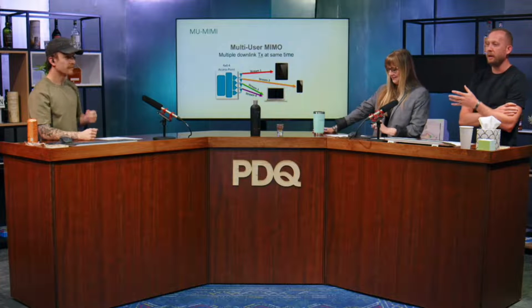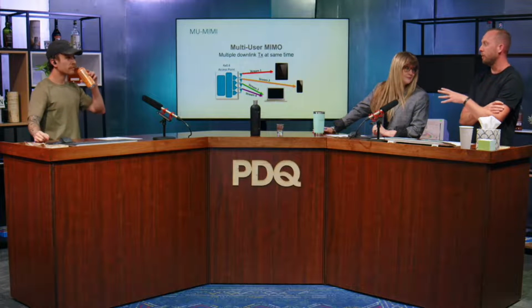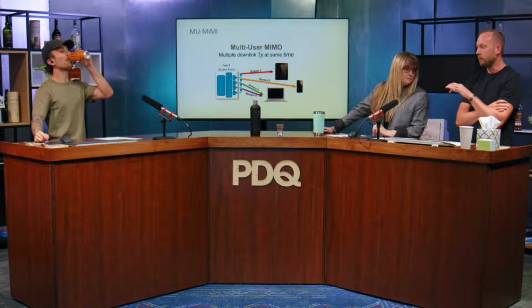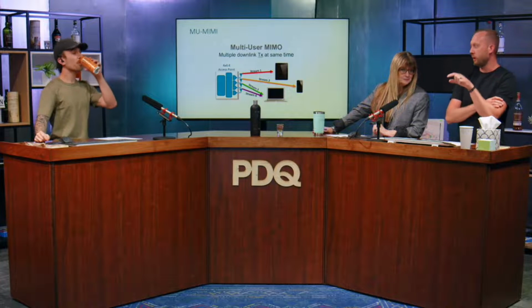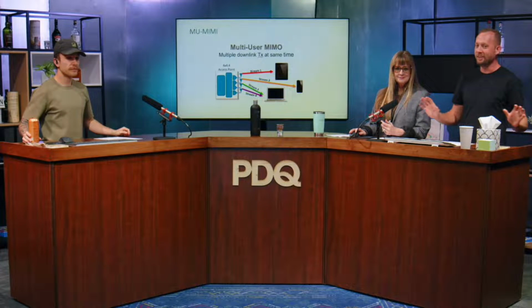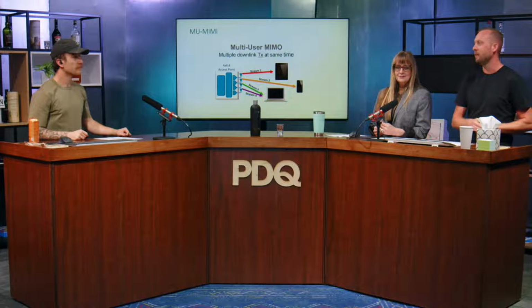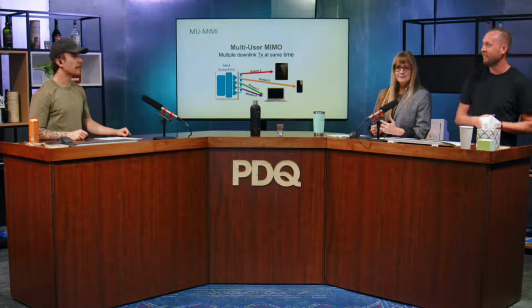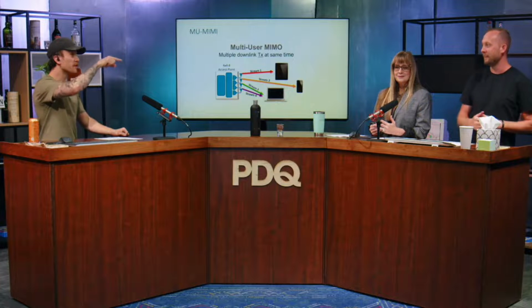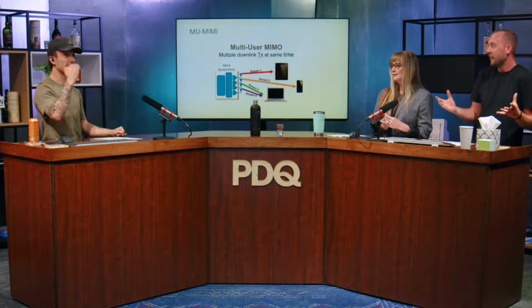So if I'm an 8x8 AP and I have two 4x4 MU-MIMO clients, then I can use all available channels at max channel width to a LAN connection, given ideal circumstances. Maybe I can pull down 9.6 gigabits a second off the backhaul. Introduce another client onto that AP, and all of a sudden that number drops. It's halved.